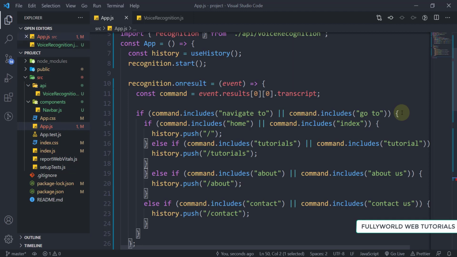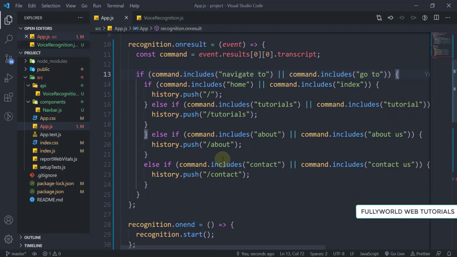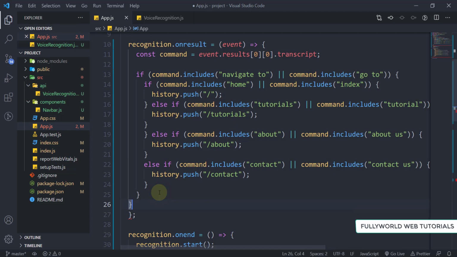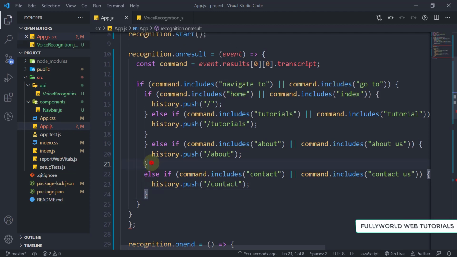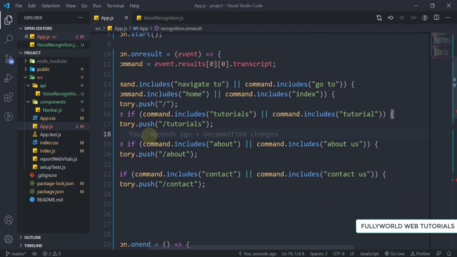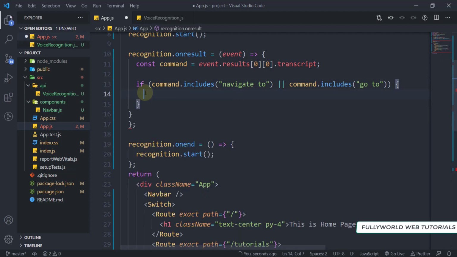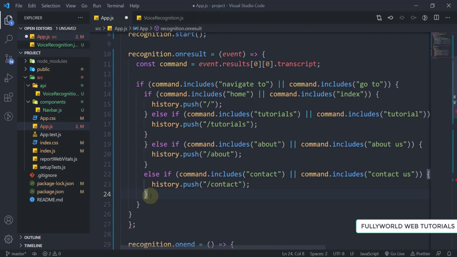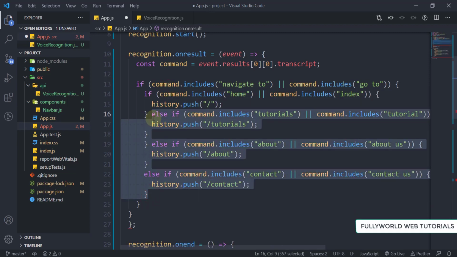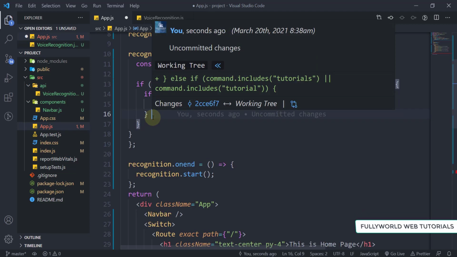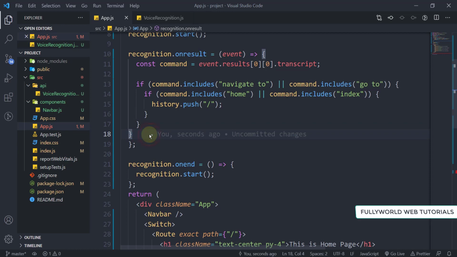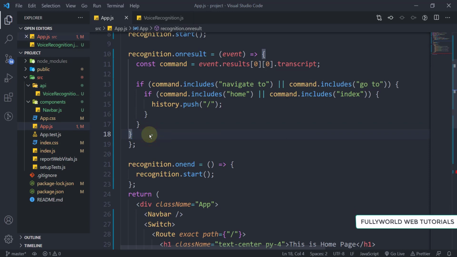So let me check it first. So this is like this. Here we want one more. And this is for this. This is for this. This is for this. So let me do this again here. So here everything is okay. So let's move it one by one so we cannot get our error here. So see that here everything is okay. So we can save it successfully here. Here is also an error.